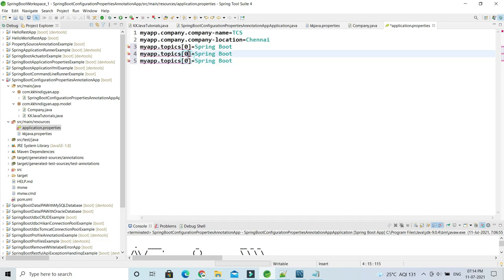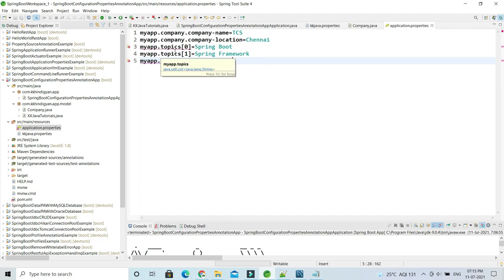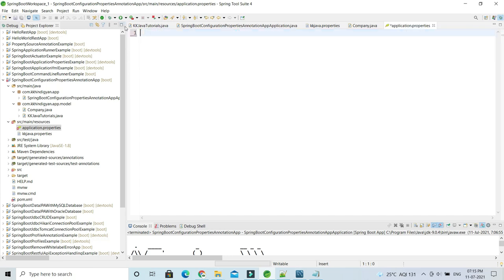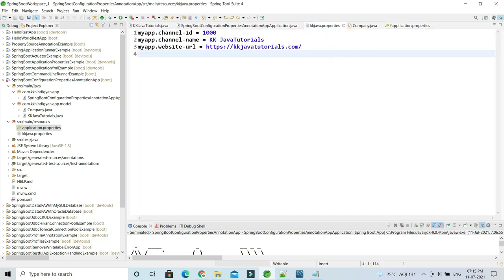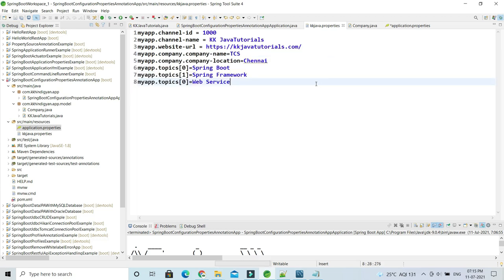So at index 1, let's say Spring Framework, and then web service. Why is this giving an error? So I'll cut and paste it over here in my properties. Okay, so the topics we have initialized, right?